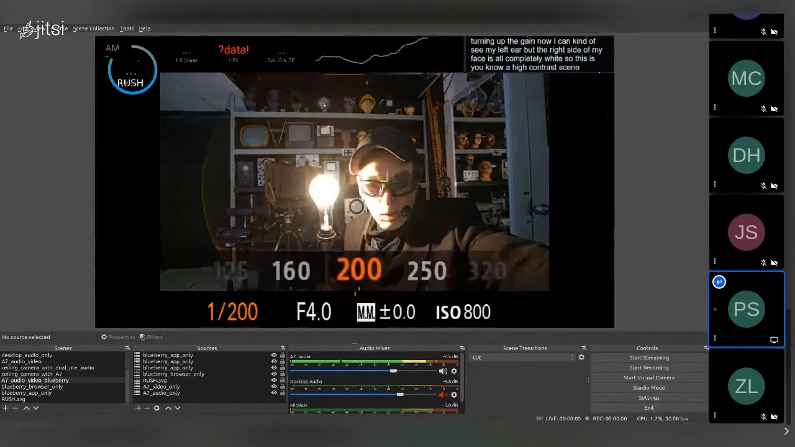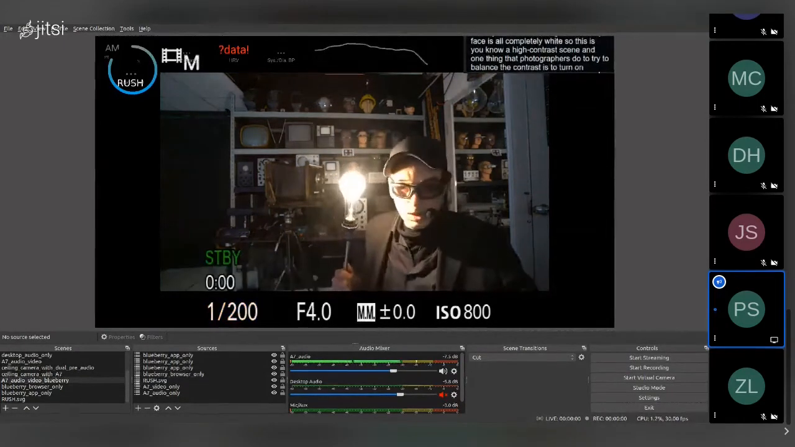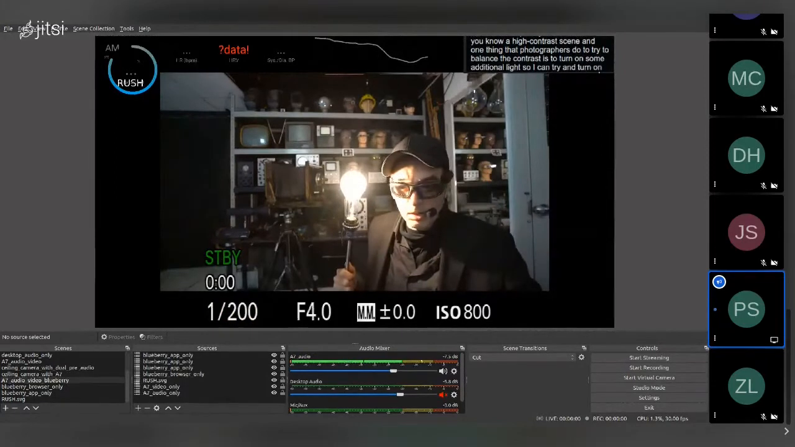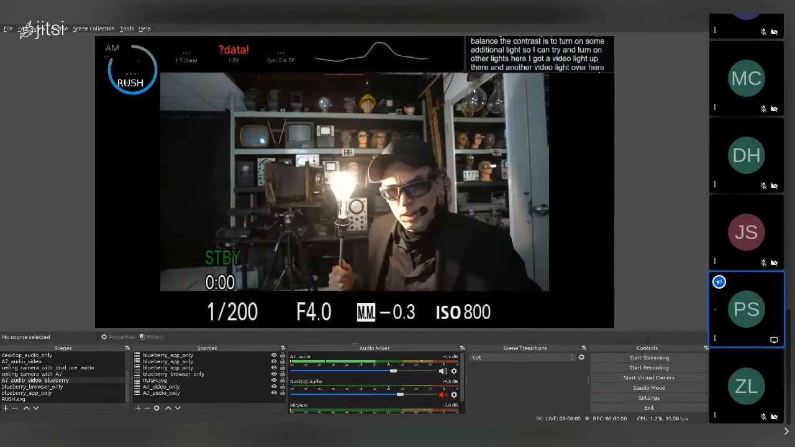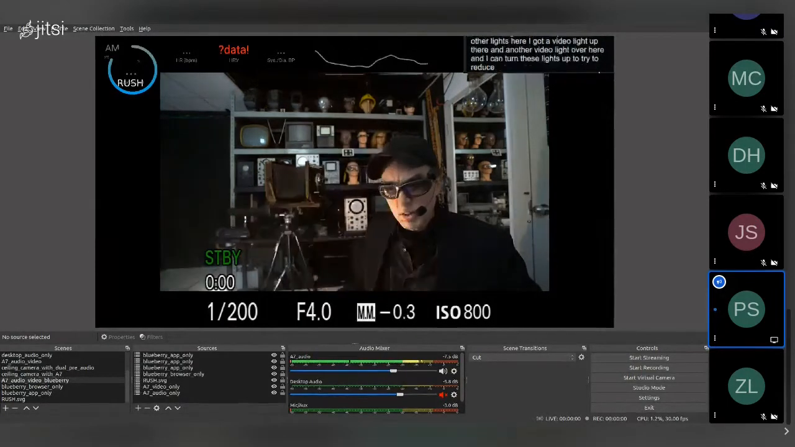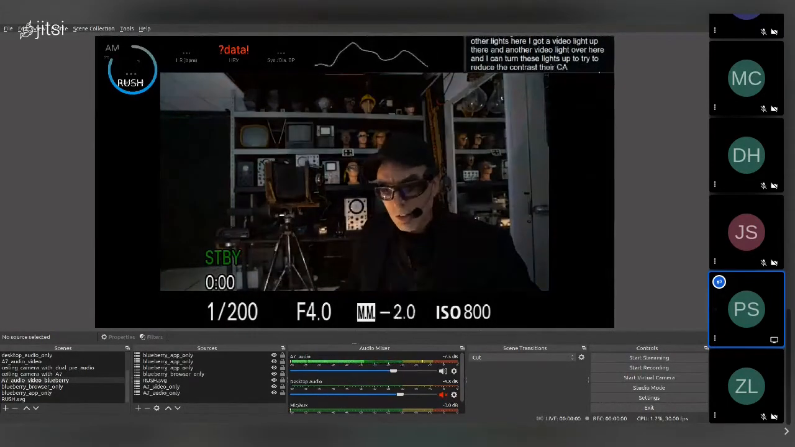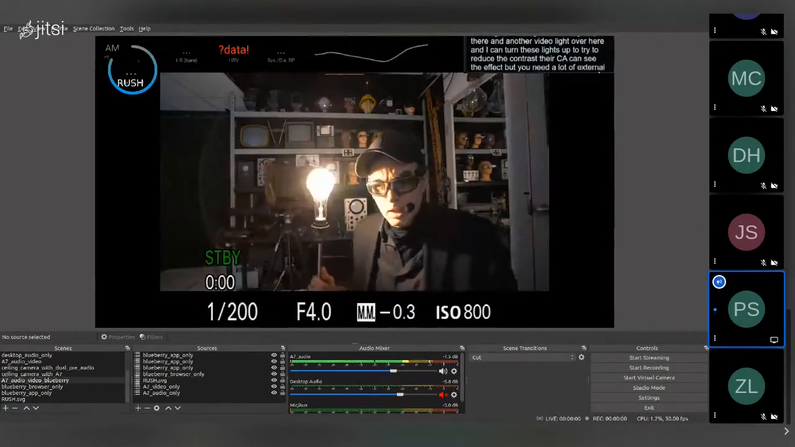And one thing that photographers do to try to balance the contrast is to turn on some additional light. So I can try and turn on other lights here. I've got a video light up there and another video light over here. And I can turn these lights up to try to reduce the contrast there. You can see the effect, but you need a lot of external lighting,